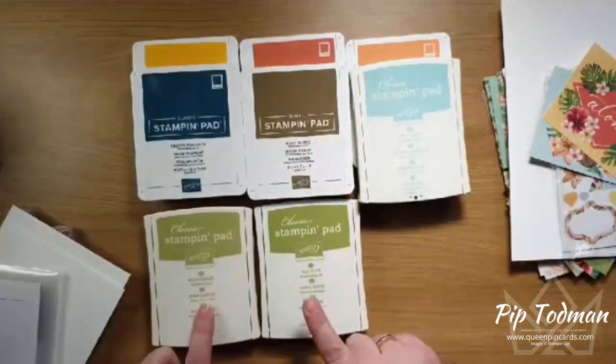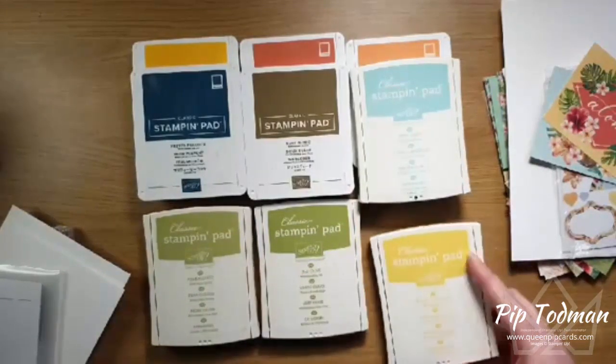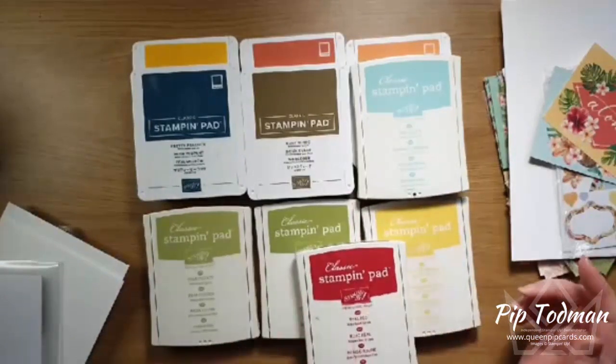So we have Pear Pizzazz and Old Olive, which are quite similar in colour, but it's nice to have a light and a dark. Daffodil Delight and Real Red. Now I've used lovely lipstick before,